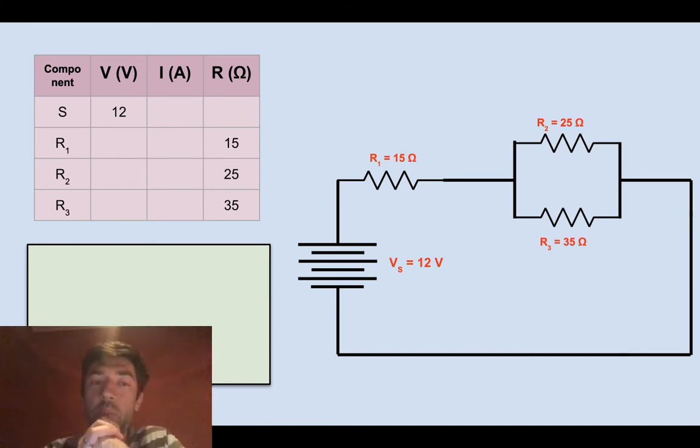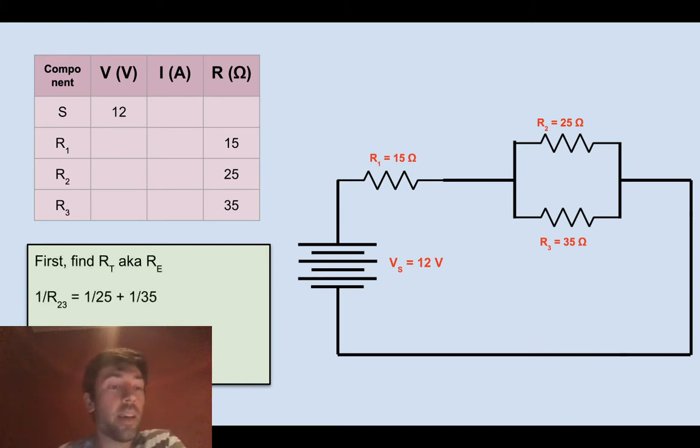So looking at this one, the thing that jumps out at me first is that we know all of the components of resistance, but not the total resistance. So we should be able to use resistance laws to find this R total, also known as RE for R equivalent, the equivalent resistance. Now it's going to take a couple steps, because first of all, we're going to find the equivalent resistance of these 2 parallel branches, which involves the reciprocal formula. So add up these 2 fractions, which comes out to that fraction, flip it around,